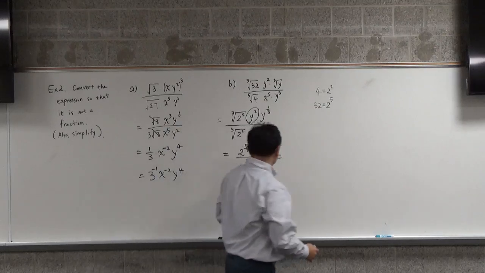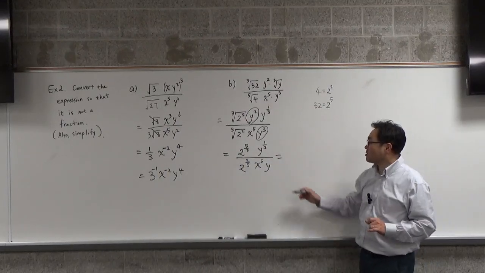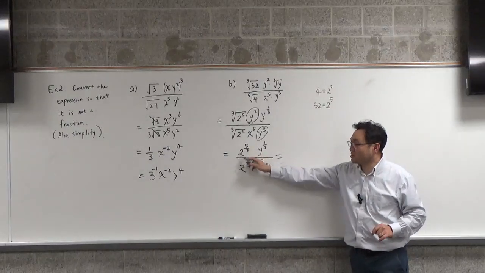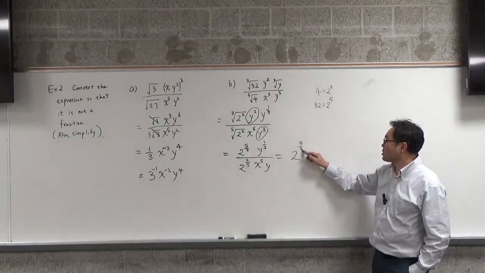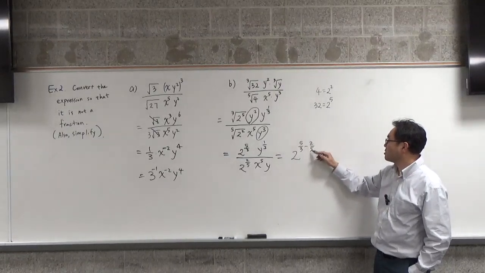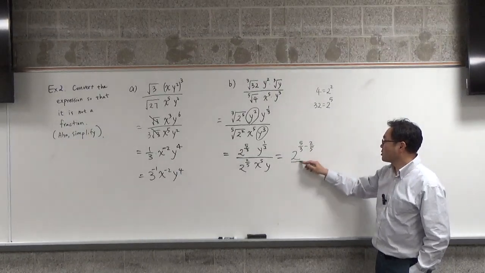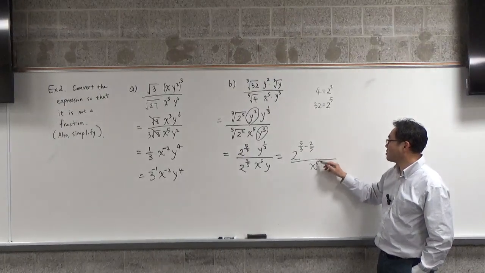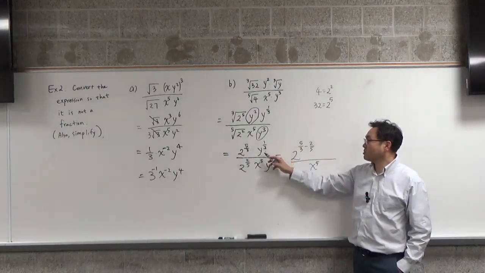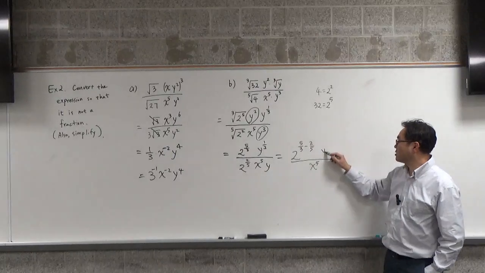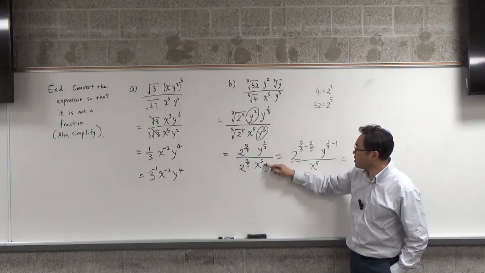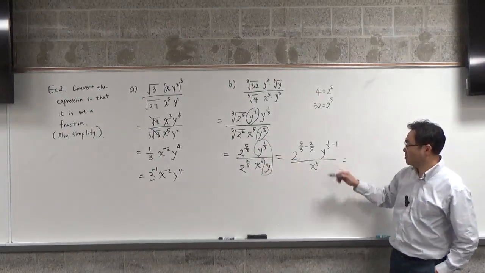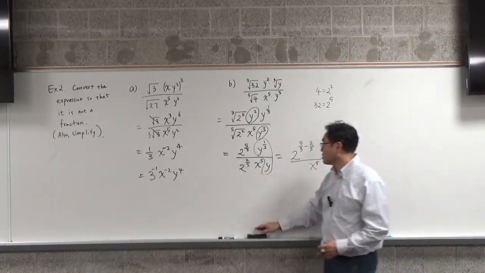Right? So what you get is this divided by this. These are the same base, so it's 2 to the 5/3 minus 2/5 over x to the fifth. That still lives there, but then what is this? 1/3 minus 1. Okay, so when you divide this much, you get